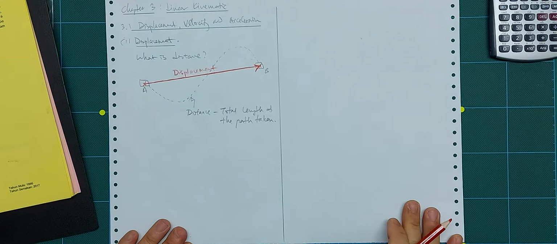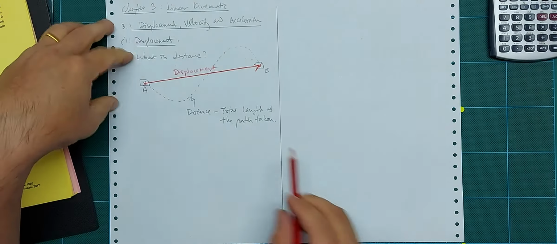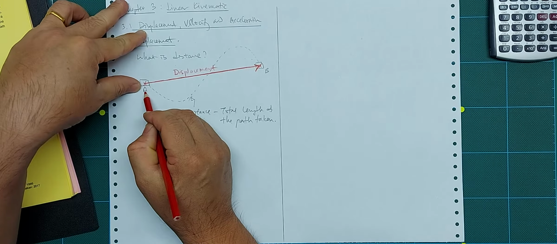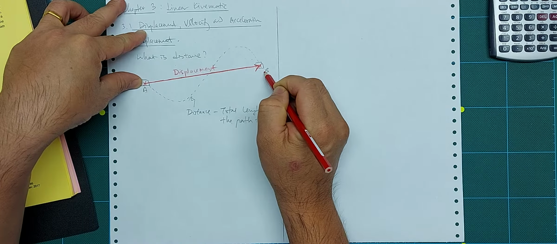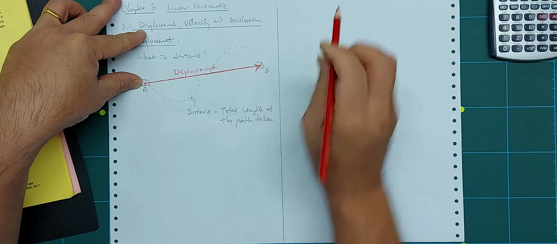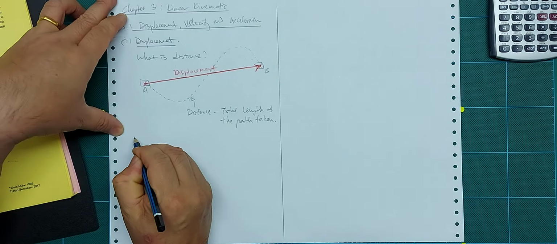Okay, displacement. So displacement is what? Displacement is the change in position. You are in position number A. Now after the displacement, you are now in position number B. So our displacement can be defined as, okay,